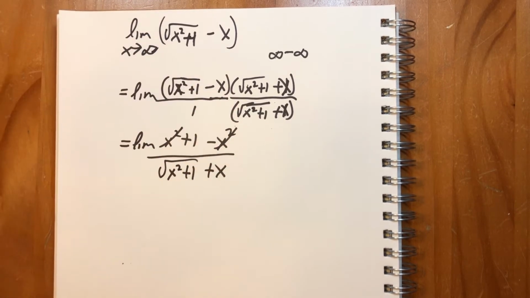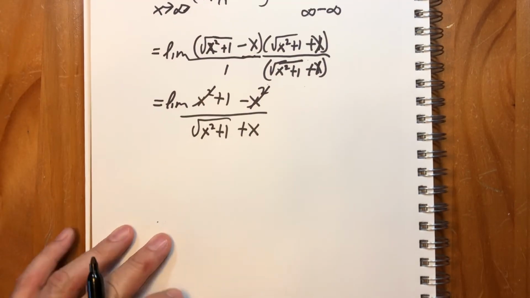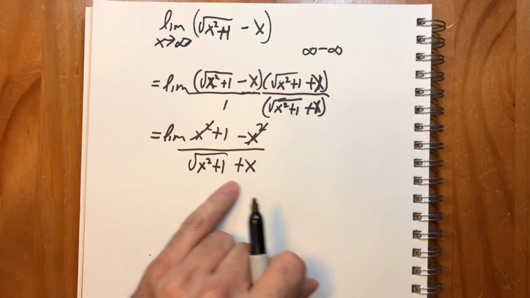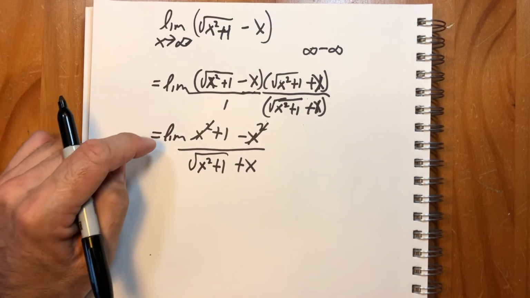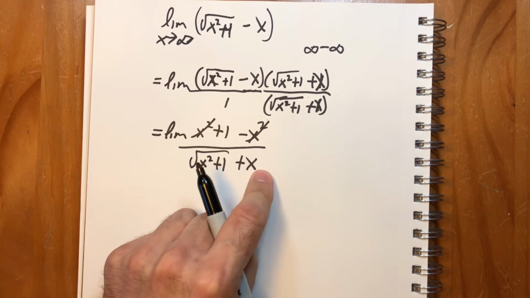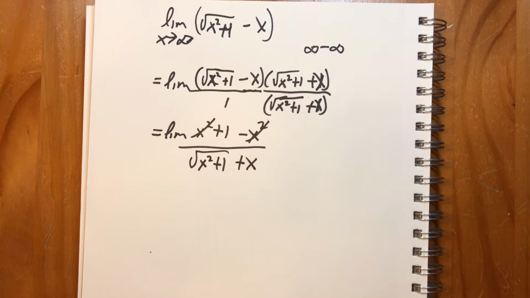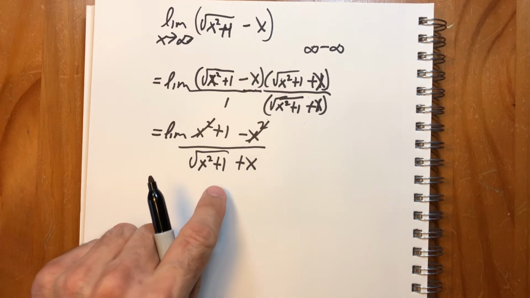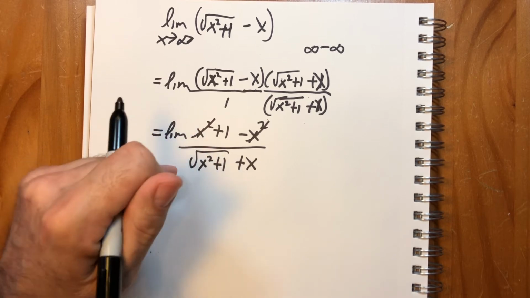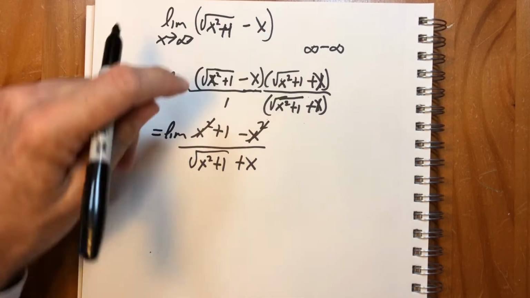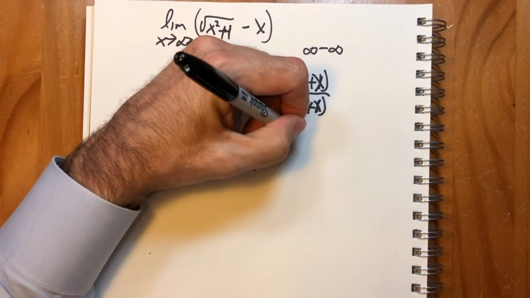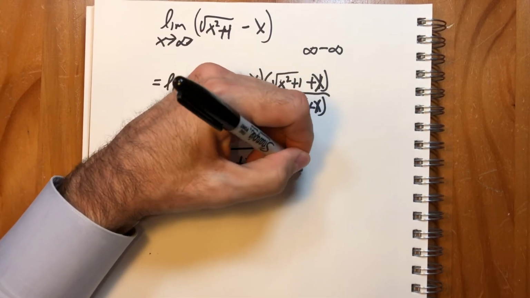And then on the bottom now, we have the square root of x squared plus 1 plus x. Okay, so this is helpful because we got rid of the radical in the numerator, but this still doesn't help us because we're still approaching infinity. That means both of these approach infinity, so we're not there yet. Now we have to multiply through in a way that will get us to something that we can use our new theorem for. So remember the square root of x squared is just x, so if we multiply the top and the bottom by 1 over x,